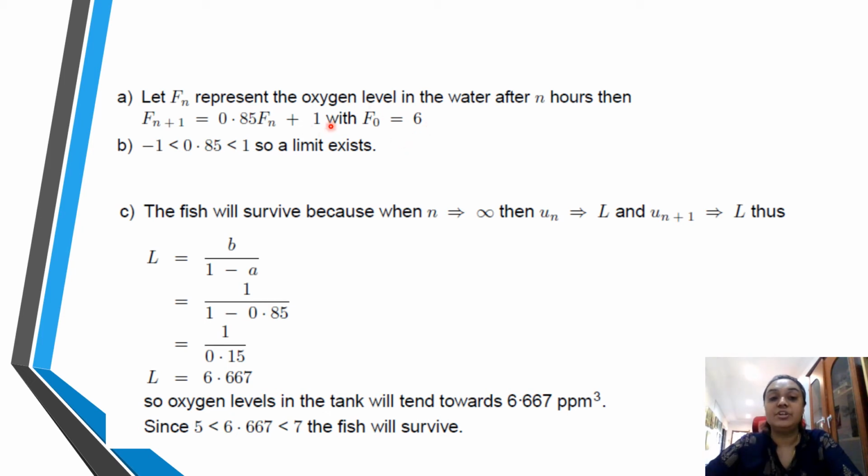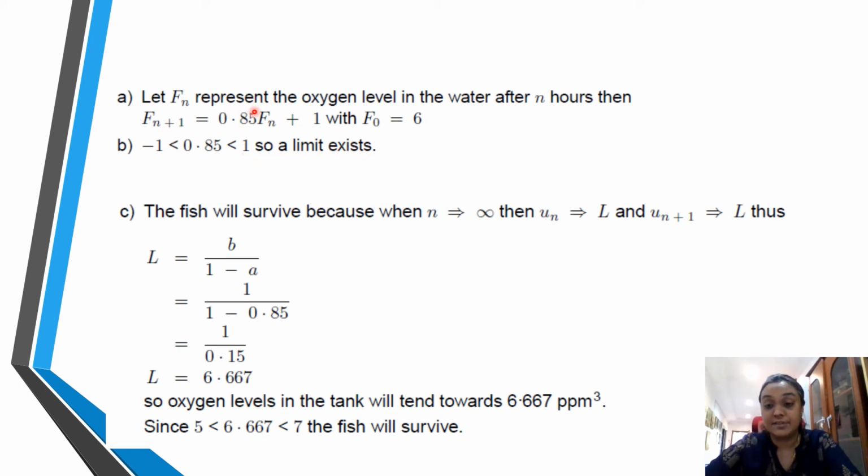Okay, so therefore the recurrence relation would be Fn+1 equals 85% of the previous hour's oxygen, plus 1 unit of part per meter cube for each hour. And part B says to determine whether a limit exists or not. We always focus on the value of A, which is the coefficient of Un, or in this case Fn. This is 0.85, and since 0.85 is between -1 and 1, the limit exists